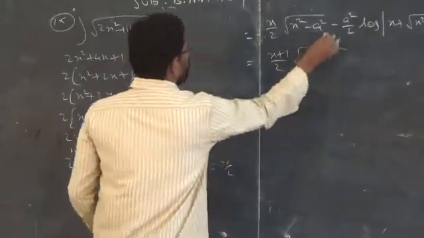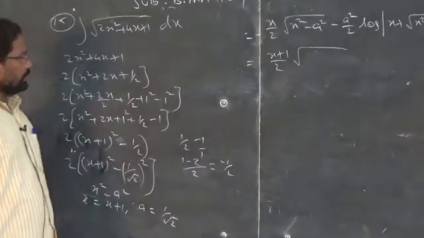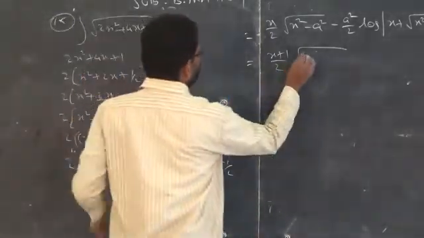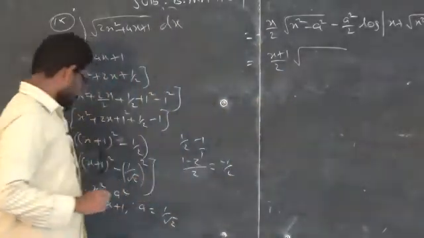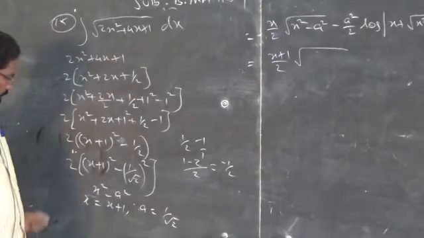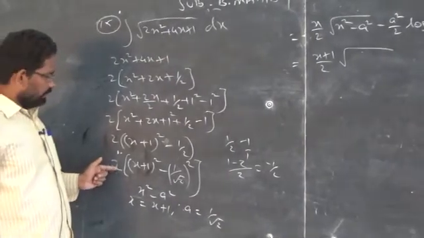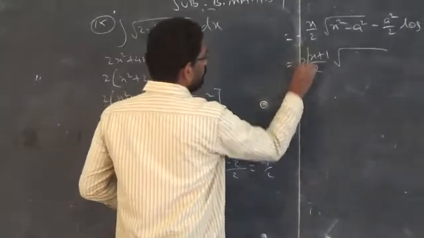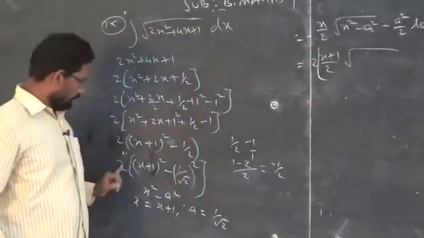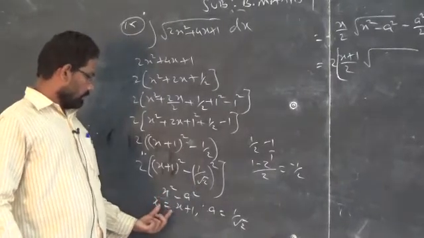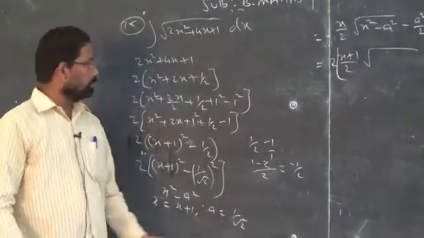I told you already, this is nothing but x square minus a square. Where will you get this from? From the question. So you have to write it as it is. And remember, I made one mistake. Which one did I leave? This 2 I left. So be careful. So you have to write 2 of, there is a 2, then you have to apply this formula. x is equal to x plus 1, a is equal to 1 by root 2.